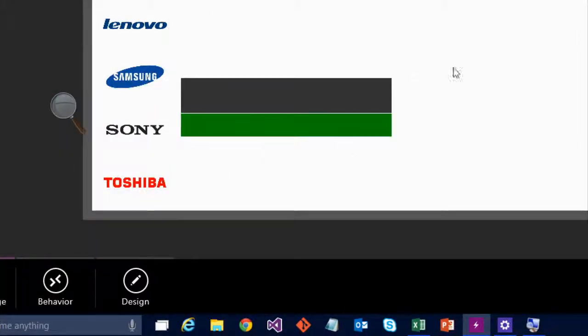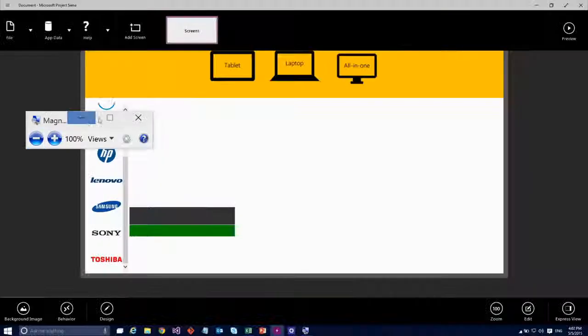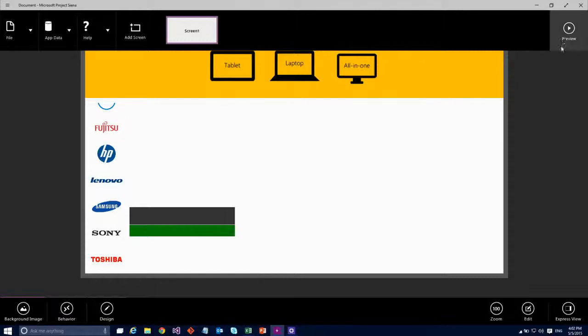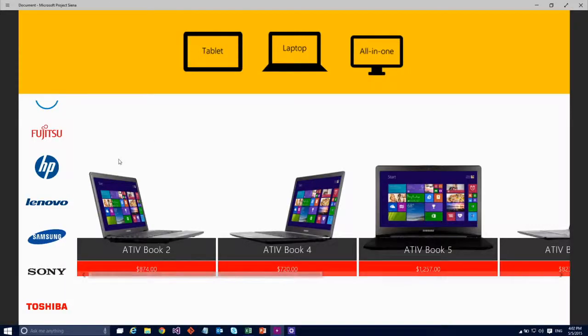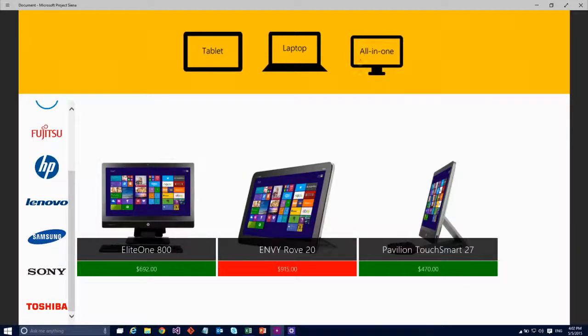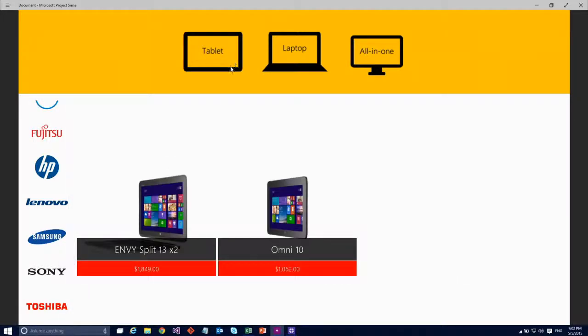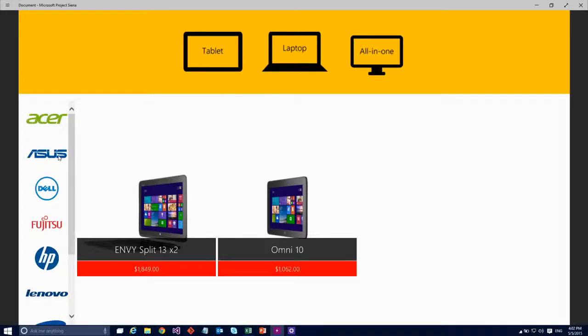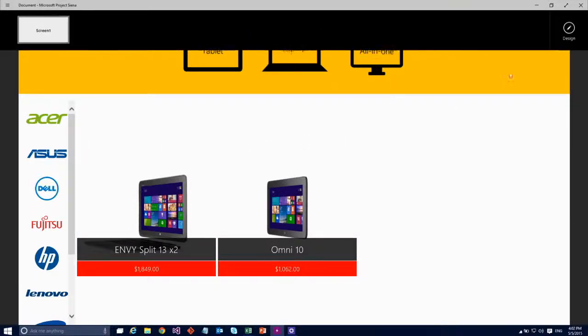So at this point, zoom out, I should be able to go and say, well, if I tap a laptop, I want to see all the HP laptops, I want to see all the HP all-in-ones, I want to see all the HP tablets. So I've got two relatively simple filters in the system, but if you were to go in and build this yourself, it would probably take a little bit of time to actually save all these variables, do the setting, the checking, the filtering, and all this sort of thing. Siena makes that really easy.